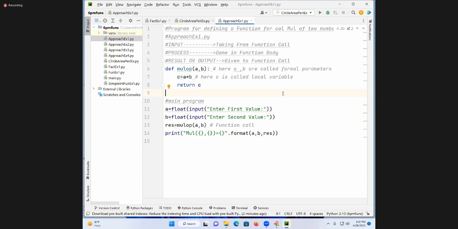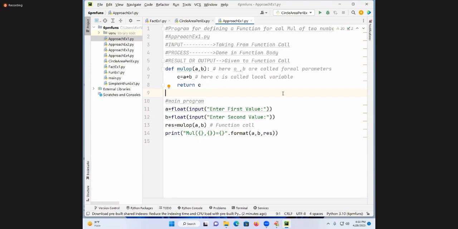Each value of argument is passed to the parameter. One more time, each value of the argument from the function call goes to the parameters of the function definition. That is known as what? Relation. In how many ways can I pass the data? There are totally 5 ways to pass the data. Are you following me? Once again, because this is a very typical point to understand.